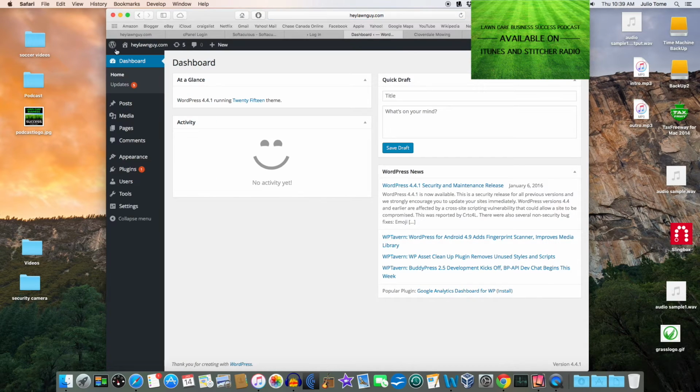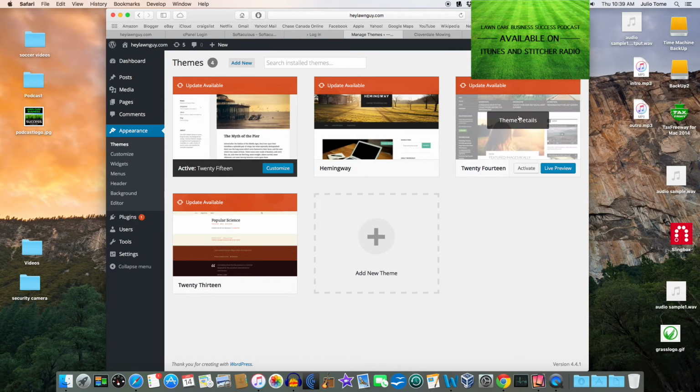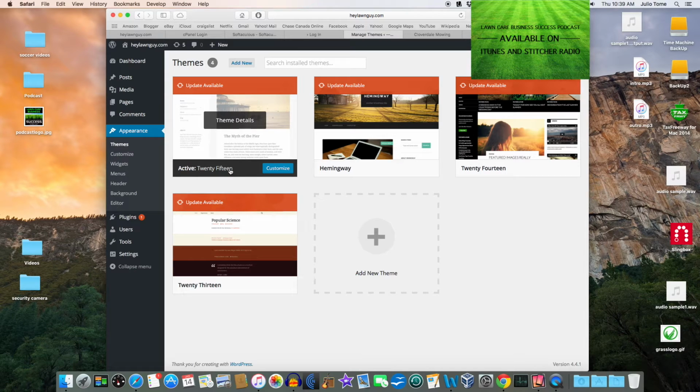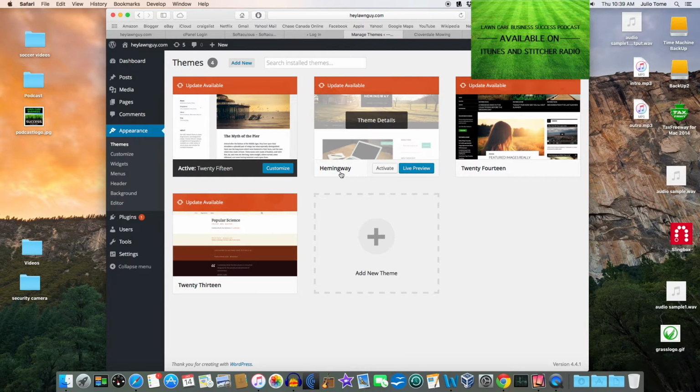If I close this window and go back to the Appearance and go to Themes here, this is probably an easier way to show you guys how to find new themes. So in the dashboard, you go to Appearance, go to Themes. The 2015, there's a 2014 and a 2013 that come already installed on WordPress. This Hemingway is one of my favorite themes, so I had already installed it on my account. But if you want to look for themes, you just go up to this Add New,